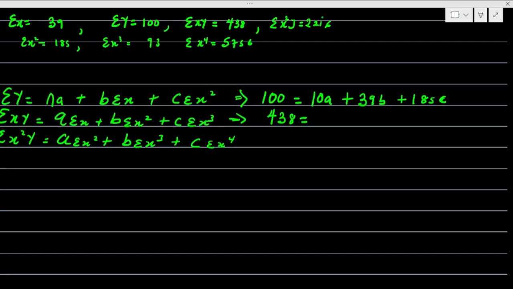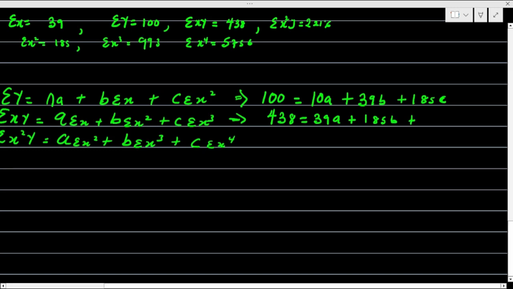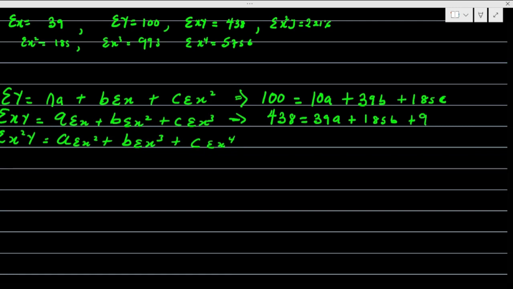a times summation of x. What is summation of x? That is 39. This will become 39a plus 185b plus, our summation of x cubed is 993. So we have 993c. Can you see? So we move on to the next one. Summation of x squared y. That is giving us 2216, which will be equal to